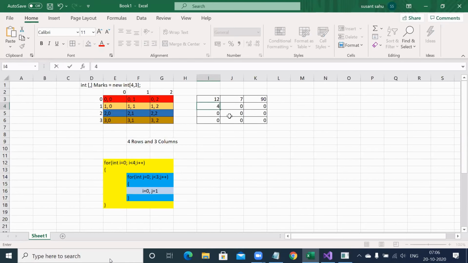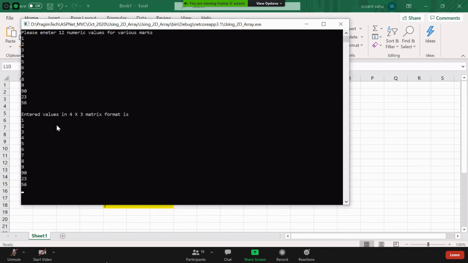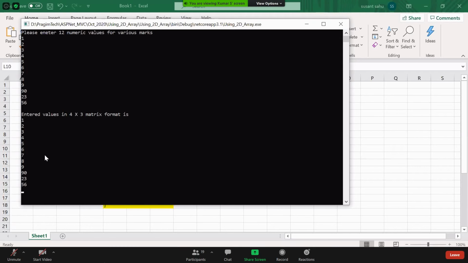Like this, it should come as per the sequence of the numbers we entered. So to get this format, I want 1, 2, 3 in a straight line, 4, 5, 6 again in another straight line, but second row, 7, 8, 9 again in one row.